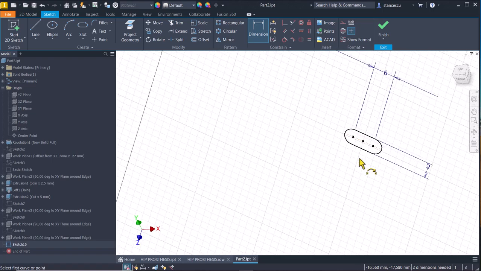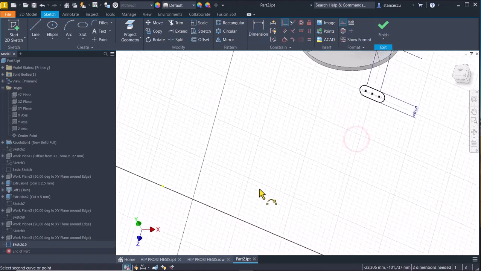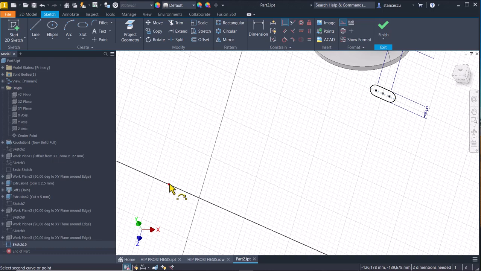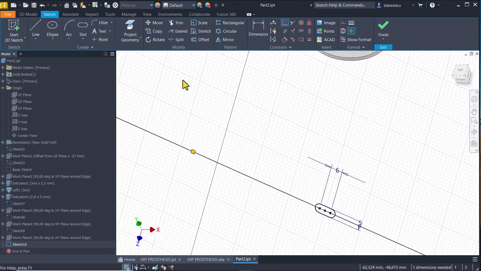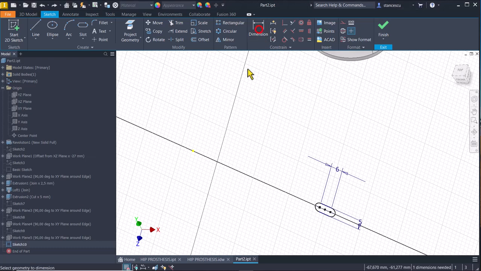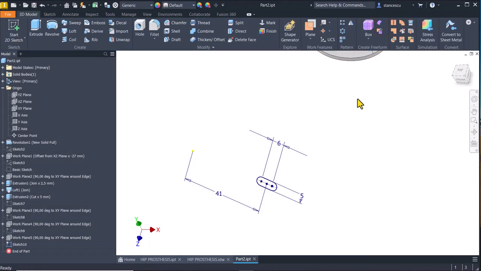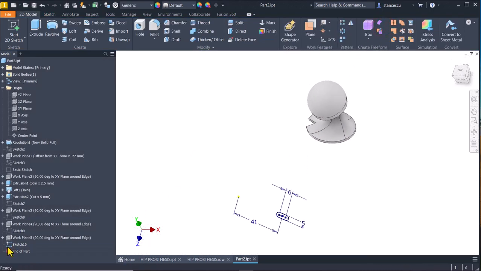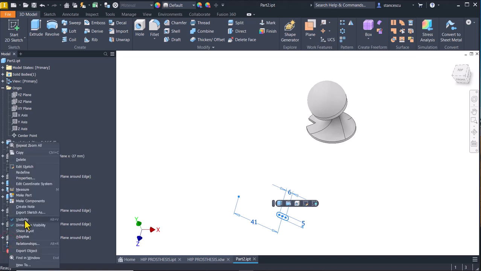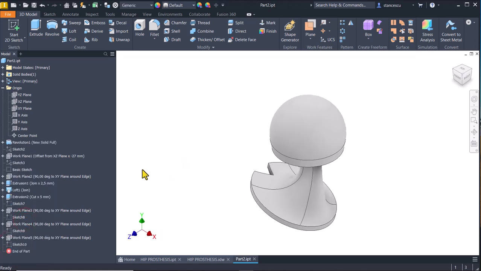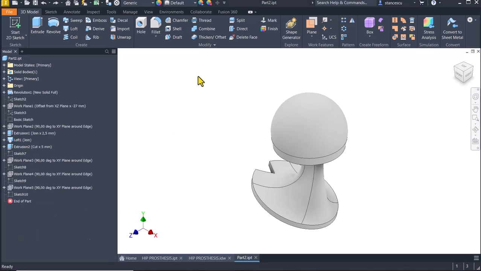Alignment of this line with the projection of the center point and the distance of 41. Finish sketch, hide, and we go further. Now we apply loft